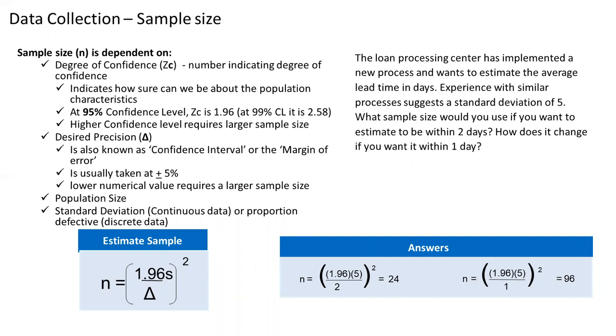So mainly we calculate the sample size either for continuous data, or for discrete data when we have proportion defective, which is the percent defective we have. We estimate how big the sample size should be in case my percent defective is moving from X1 to X2. That we are going to learn today.